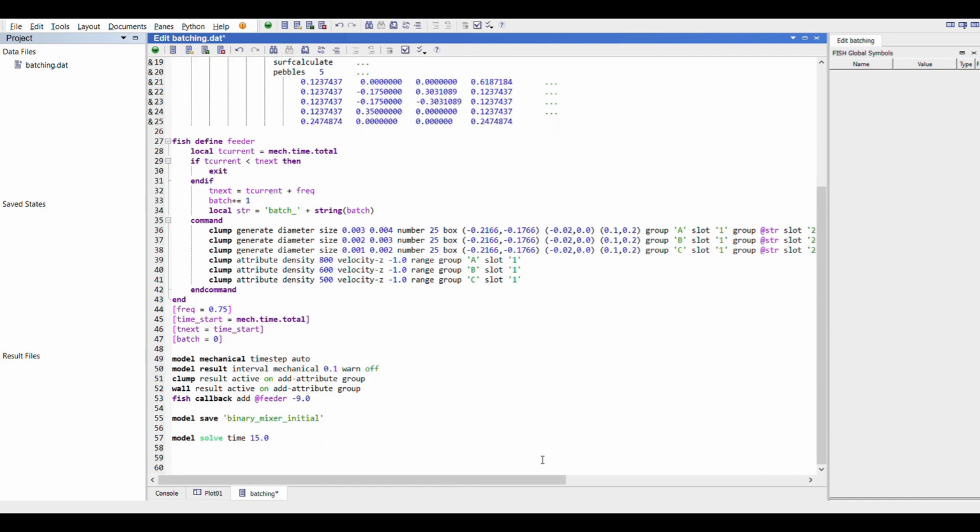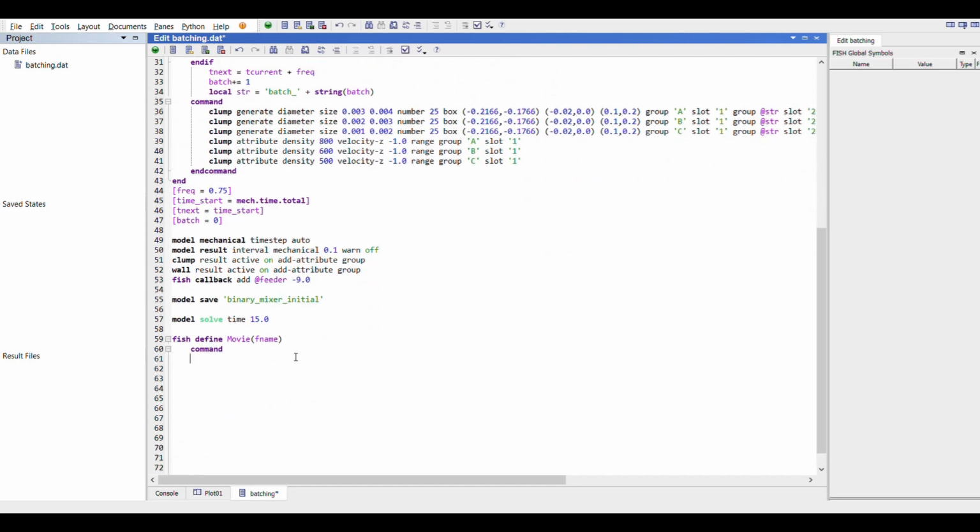Now we create the video of the simulation. We will define a different function in which we will load the results files which are being generated at regular intervals. The result files have stored information, and those which are being projected on the plot can be exported as a bitmap or JPEG file. We will use a command model result map at RMap. This will load the result file. We can use a loop so that all the result files one by one get loaded, and as the files are being loaded, they get exported as JPEG or bitmap files.